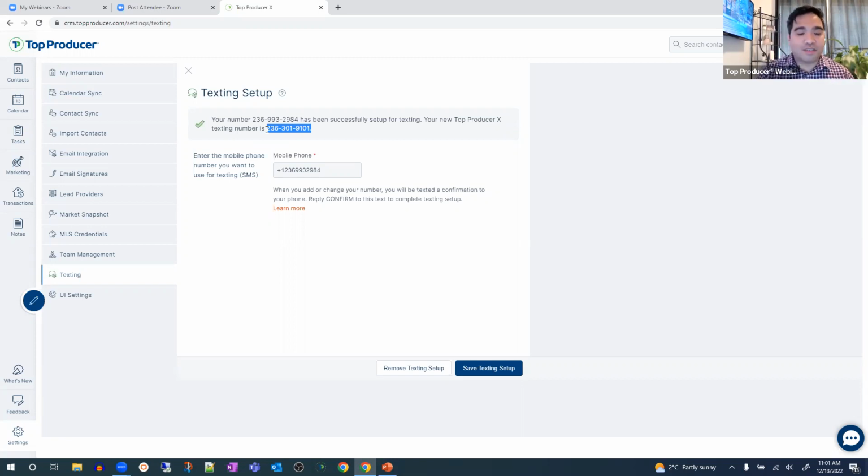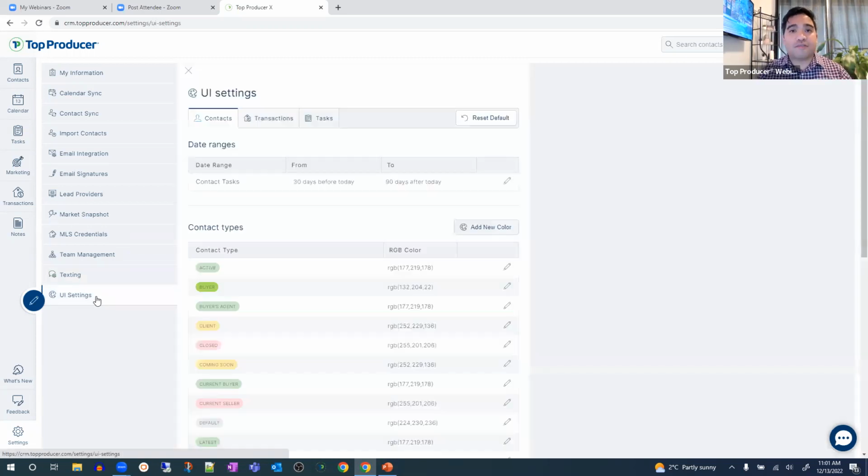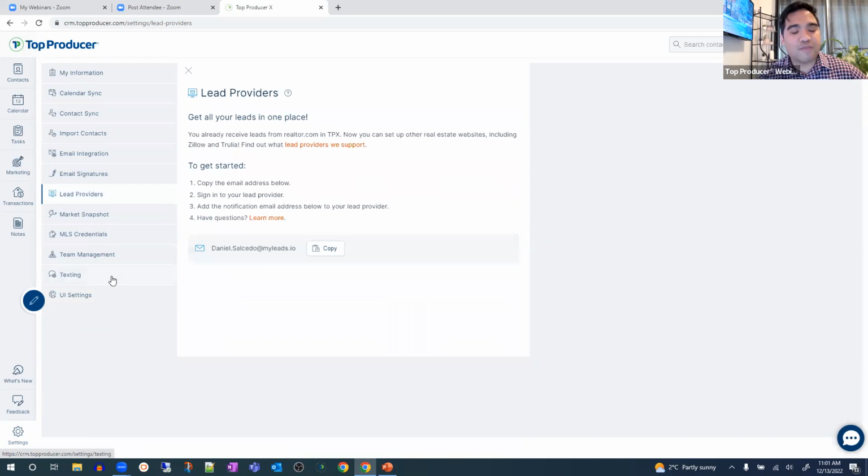The benefit of sending your text messages from your Top Producer is you don't have to rely on your phone. Let's say, worst case scenario, you lose your phone even just for 5 minutes and you were waiting for a text message from someone, or you need to send someone a text message right away. Maybe you switch from Android to iPhone or iPhone to Android. You don't want your livelihood to rely on what kind of phone you have, right? With Top Producer, when you send those text messages from your phone, it'll be saved in their contact record, all your texting history with them. So it follows you